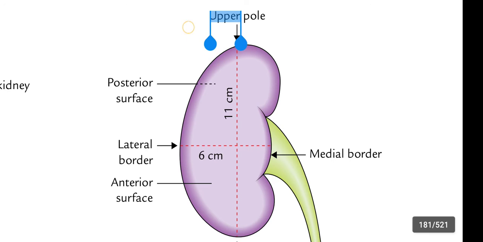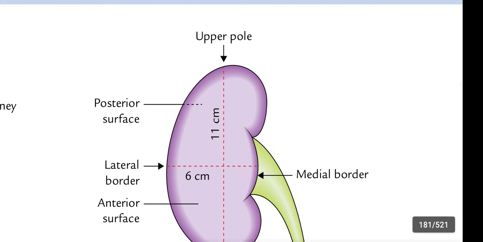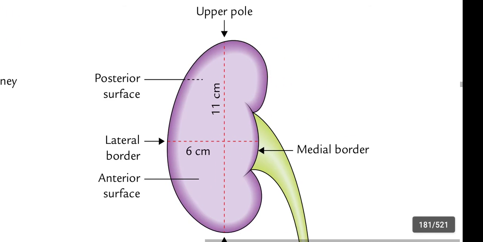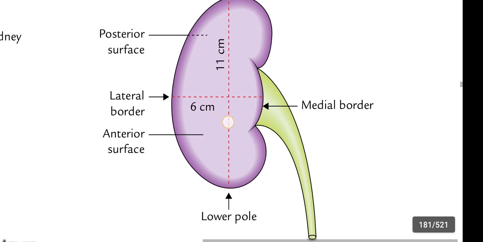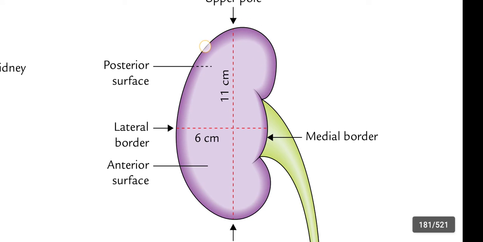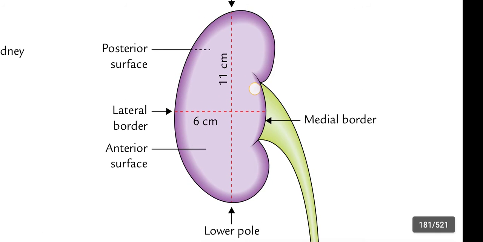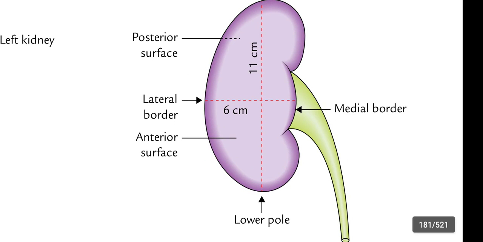It is bent outwards. It is like arrows moving like this. If it is convex, it is like this, guys, diverging, and at the middle it is converging in shape. At the upper pole, at the lower pole, and at the lateral border it is convex. Only at the middle side it is concave, that means diverging.